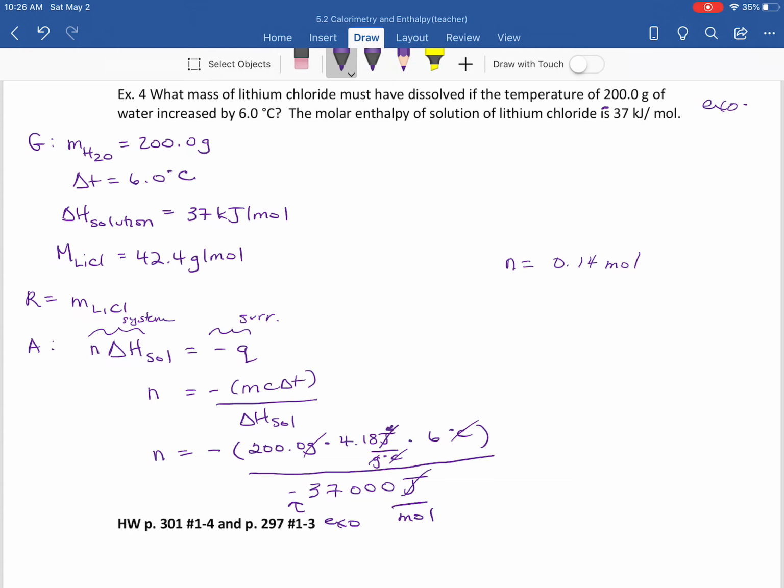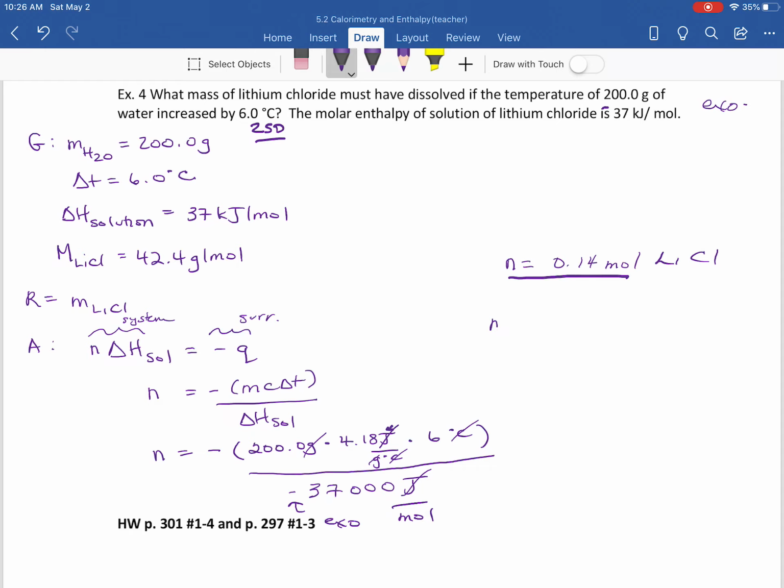Okay, so now these guys cancel. Whew. See how it's always important to make sure things cancel? I already had the answer, and that was the bad thing because I'm kind of going off of a script here. So once we see this, and we're going to 2 significant digits right here, here's my answer, 0.14 moles